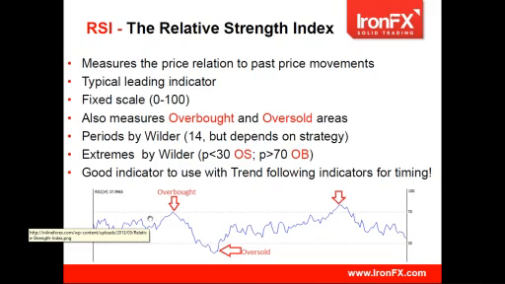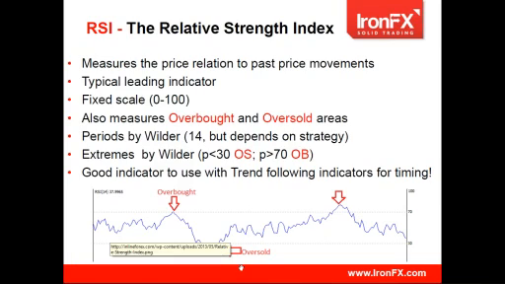This was Wilder's idea. He developed this indicator, and he said that when we are above the 70 level, the instrument is in an overbought situation. And when we are below the 30 extreme level, then it's an oversold